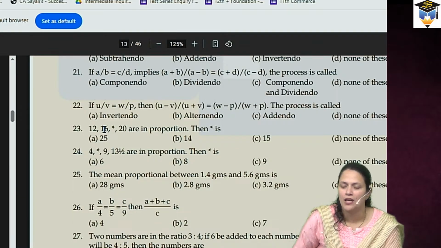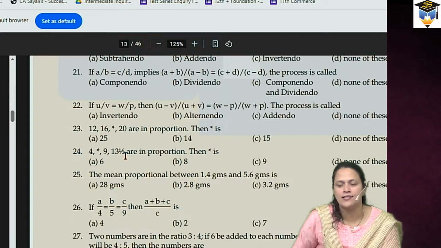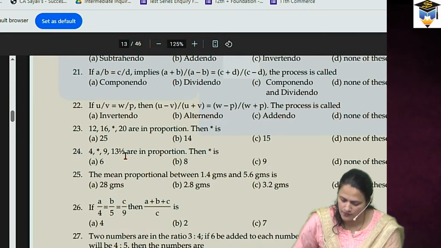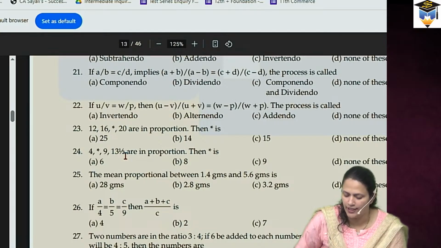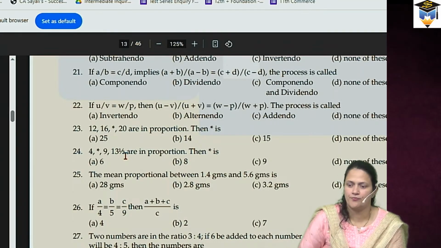Find out the answer. 12 upon 16 is equal to x upon 20. So x will be equal to... Cross multiply. Answer is 15. Option C for the 23rd one. Good. Next,